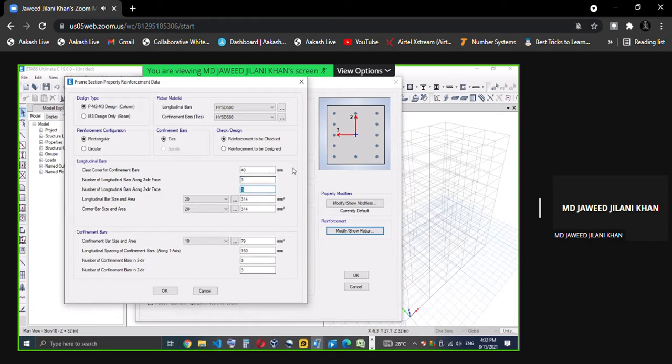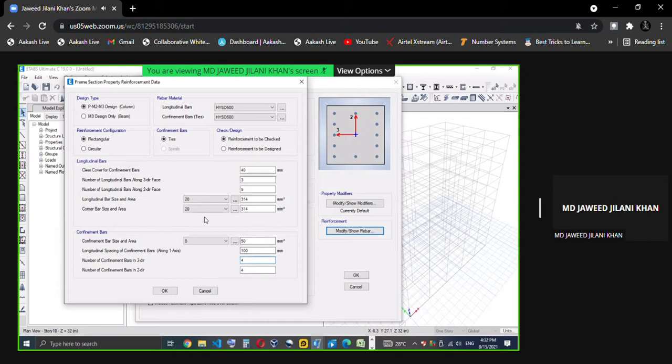Say here it is 5, so 1, 2, 3, 4, 5. In the third direction, 1, 2, 3. I can make it 4 here, 6, whatever, and you can select the diameter of the bar. And this is confinement steel. Confinement steel means stirrups, 10 mm or 8 mm or whatever, with spacing you need to give as say 200 or 100 mm. Say you have a 4-legged stirrup, so you need to give here 4-legged stirrup in the second direction as well as the third direction, if at all. This is the legs of the stirrup.